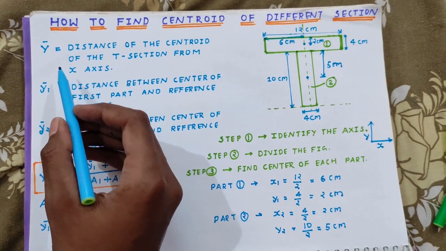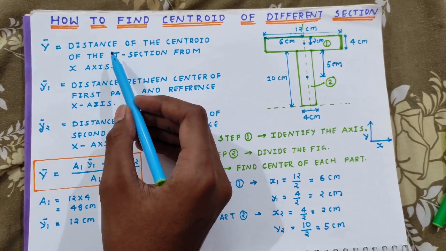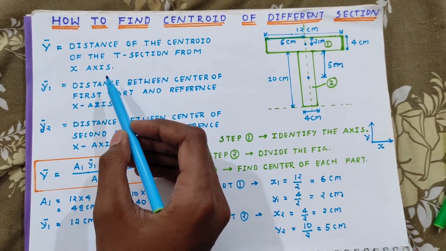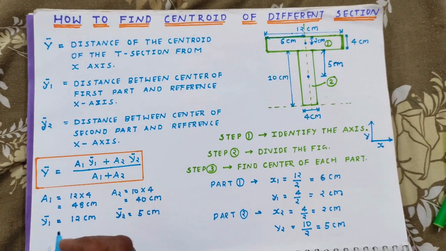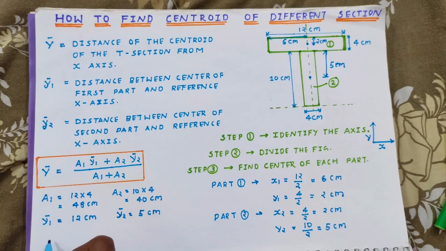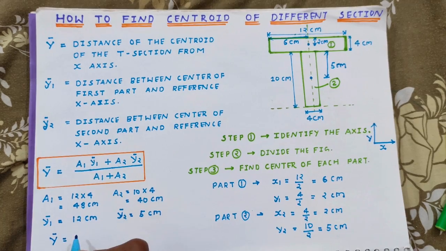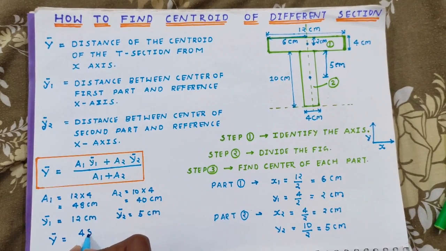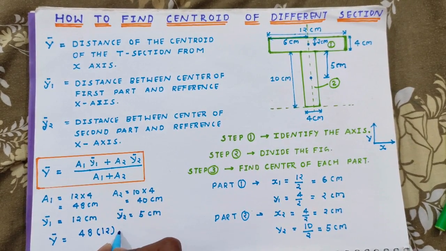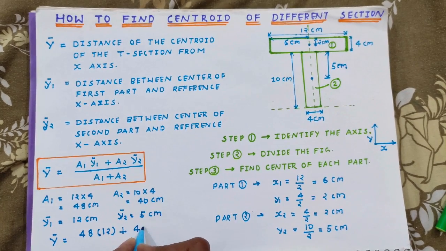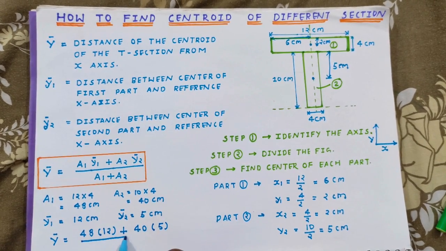Now we have to only calculate y bar because it is our centroid, which is equal to the distance of the centroid of the T section from the x-axis. So this y bar is equal to our centroid of the whole T section. This is the formula for calculating the centroid. So we just put our data in this formula. A1 equal to 48, y1 bar is equal to 12, plus A2 equal to 40 centimeter, y2 bar 5, upon A1 plus A2,